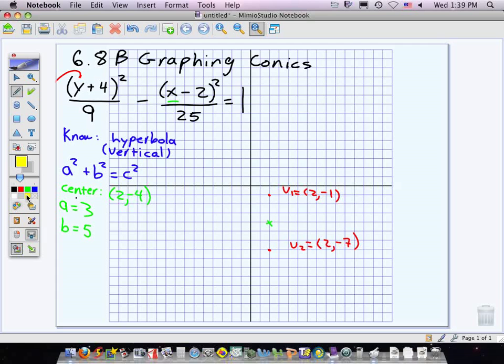Well, what's the B value? Okay, so how far do we need to go from the center to get the sides of the box in this case? Your box is always formed by going your distance A and B in the appropriate direction from the center. In this case, A was a vertical distance because our vertices were along the y. So that means the sides of the box, if I